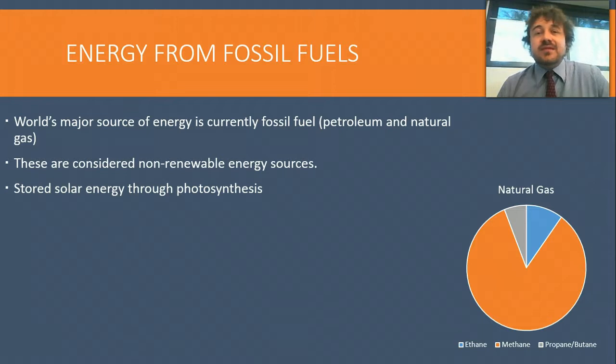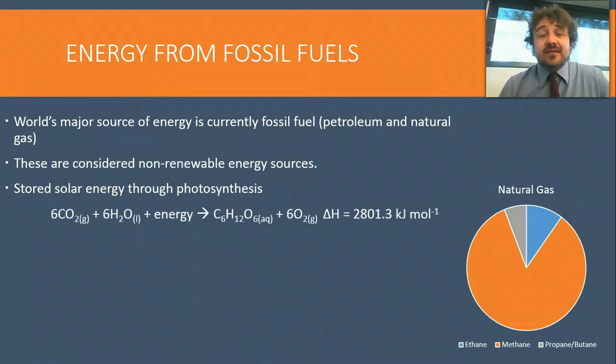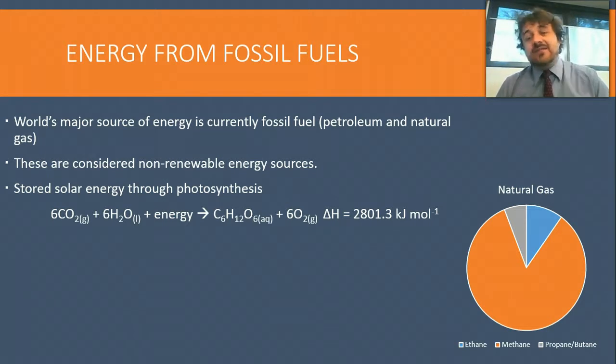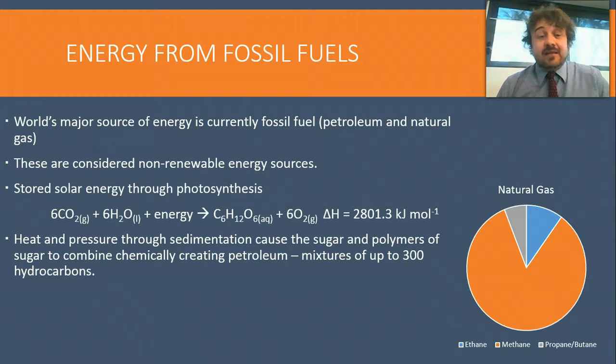So it really is the stored solar energy from photosynthesis, and here is the chemical equation for that, which we remember. Now, one thing we will notice is that the delta H, its enthalpy, is positive, so it is an endothermic reaction. Now, being an endothermic reaction, this means it stores energy, so it absorbs the energy from the environment, and that energy is sunlight. The heat and pressure through sedimentation cause basically the sugar polymers and sugar monomers to combine,